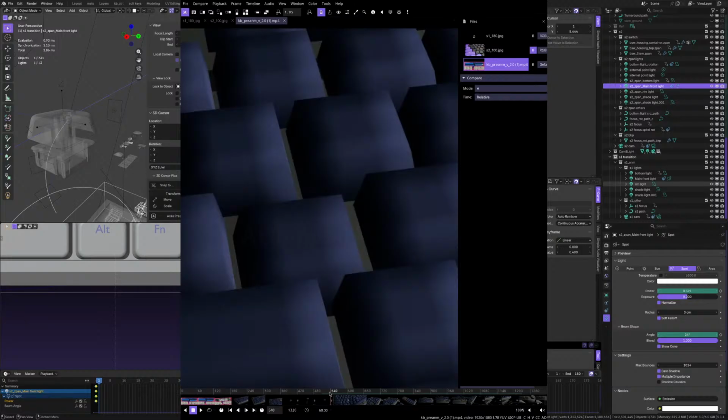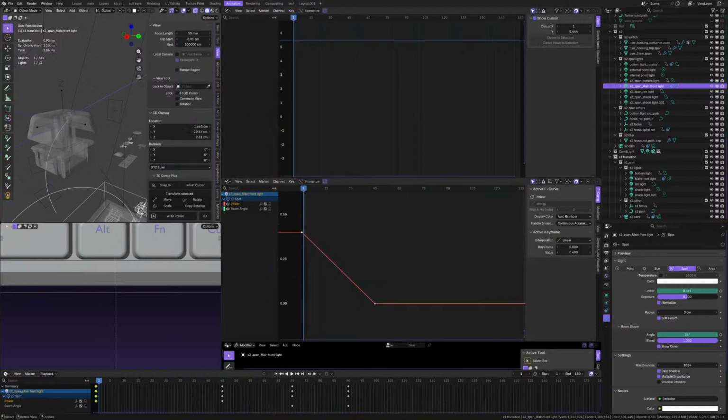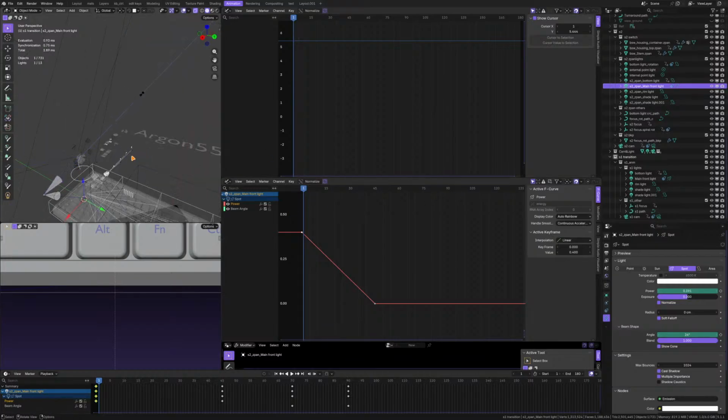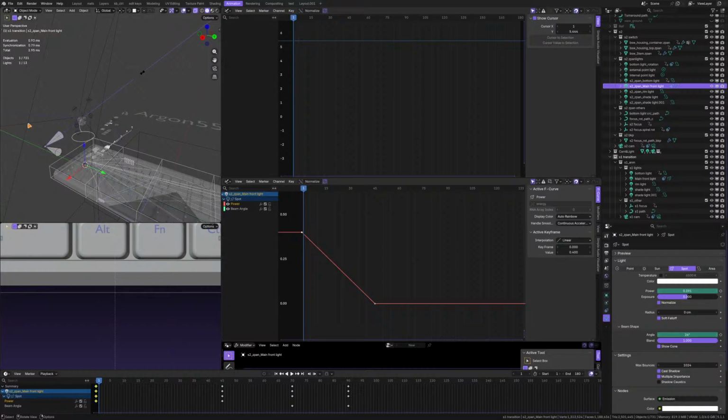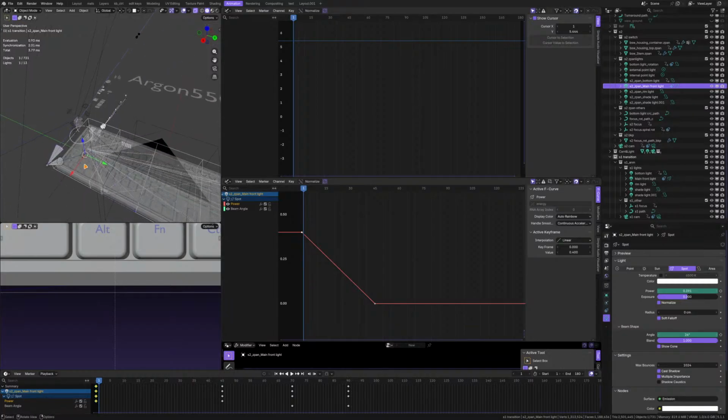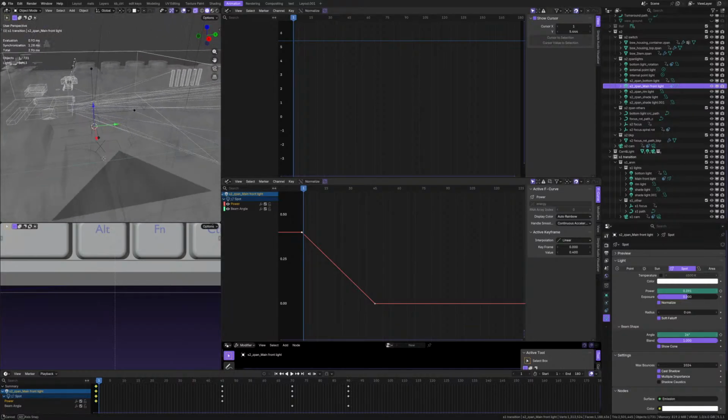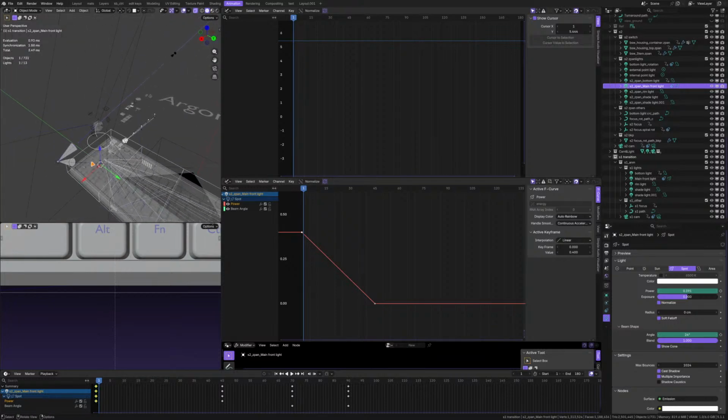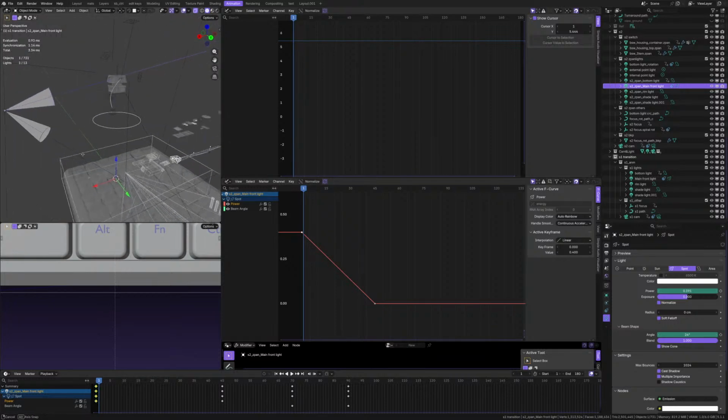So this should be ending at 540. Now to see what it looks like at 540,